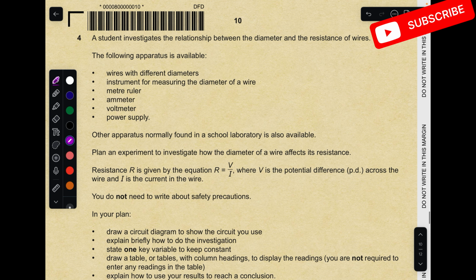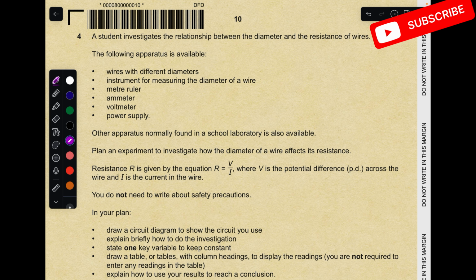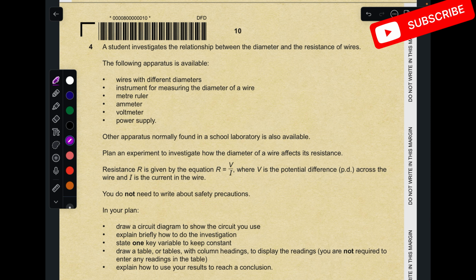So let's move to the next, that is the planning question. You have to first understand the question very well, then you have to move forward. Okay, so let's try to decode it first. What they are telling us: